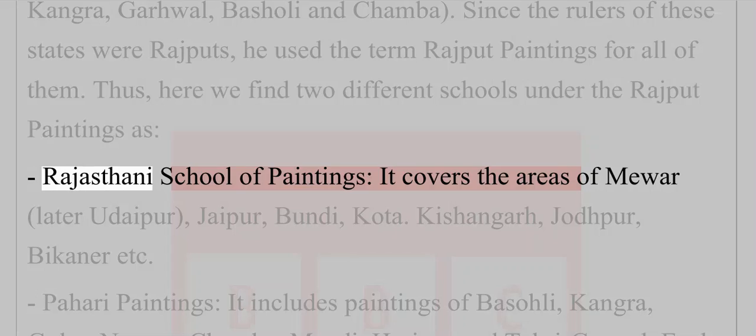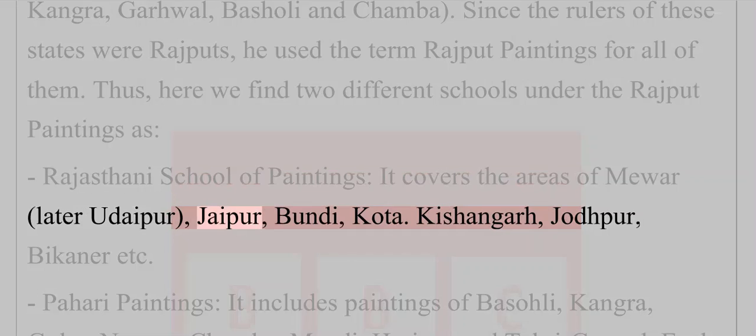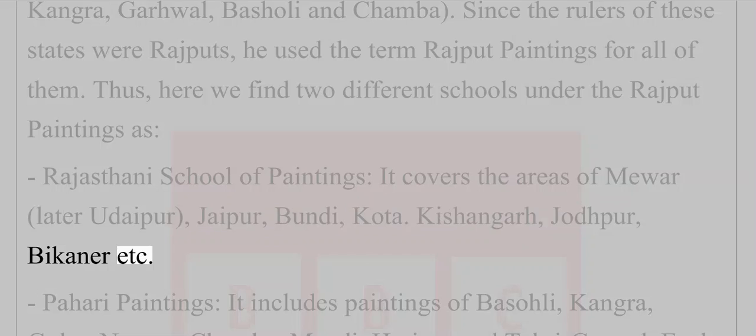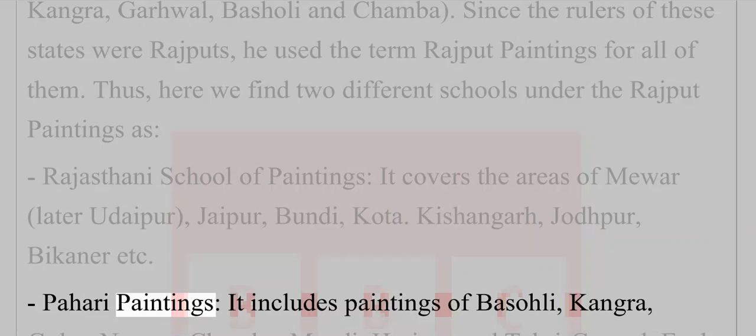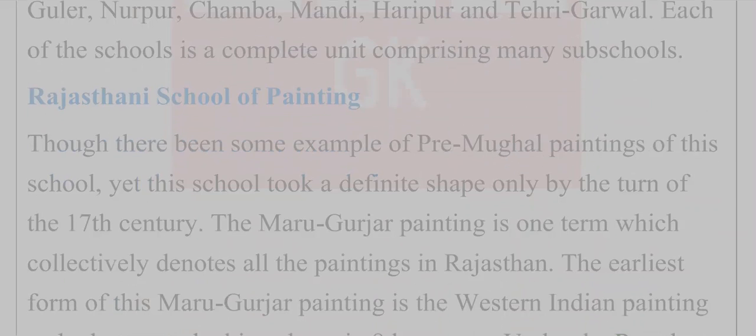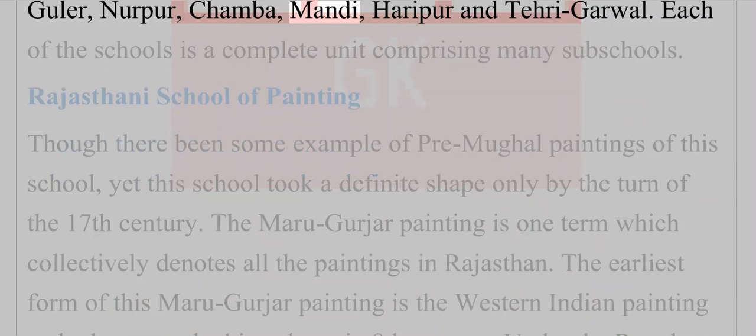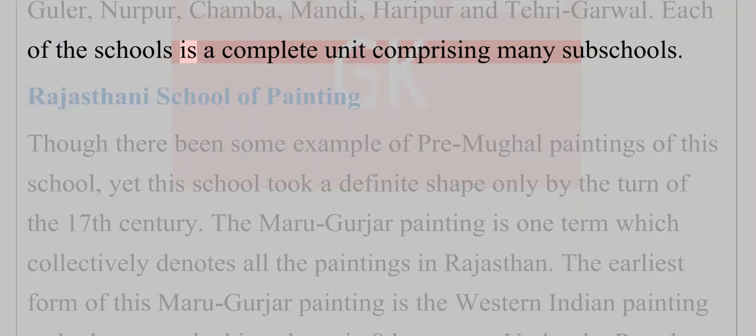The Rajasthani school of paintings covers the areas of Mewar, later Udaipur, Jaipur, Bundi, Kota, Kishangarh, Jodhpur, Bikaner, etc. Pahadi paintings include paintings of Basohli, Kangra, Guler, Nurpur, Chamba, Mandi, Haripur and Tehri Garhwal. Each of the schools is a complete unit comprising many sub